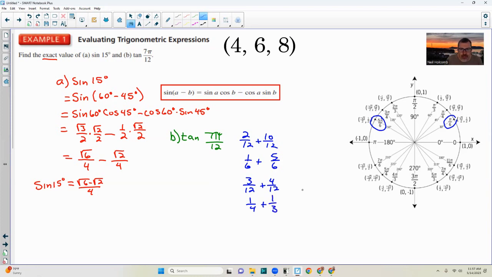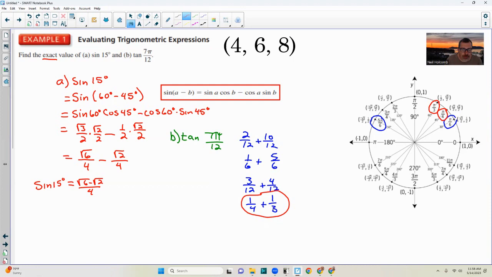Okay, so this is how we do this. In this one here, 1/4 and 1/3, well, that's pi over 4 and pi over 3. So I could either use the blue ones or I could use the red ones. And since these are in different quadrants, we're going to deal with positives and negatives. I'm going to focus on the one that's in the first quadrant so that everything's positive. So I'm going to change tangent of 7 pi over 12 to tangent of pi over 4 plus